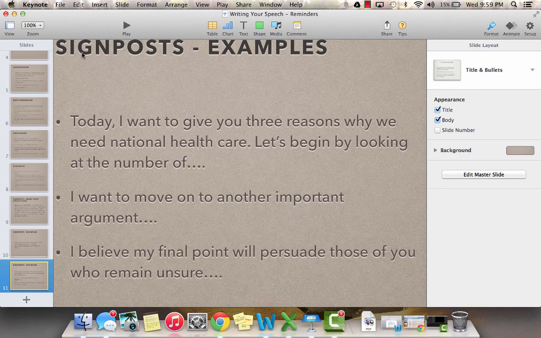Okay, so those are a few tips for writing out your speech. If you have any questions, please feel free to email me and let me know. Go ahead and get a draft done of your writing by Monday, and then in class, we're going to start taking a look at how you can start practicing the posture, the gestures, the voice, eye contact, all of those other things that actually go into the delivery of your speech.